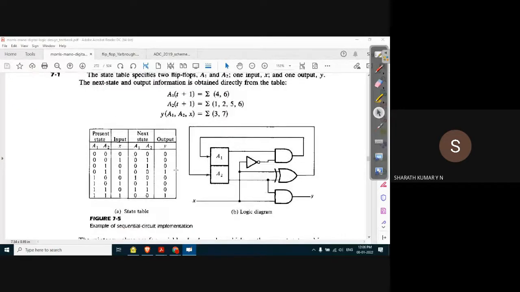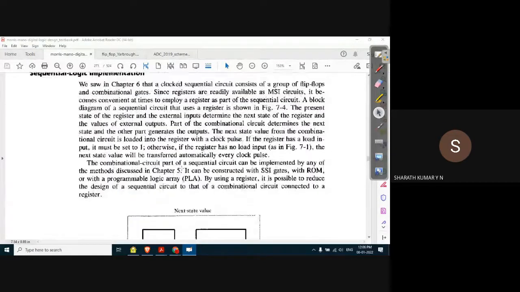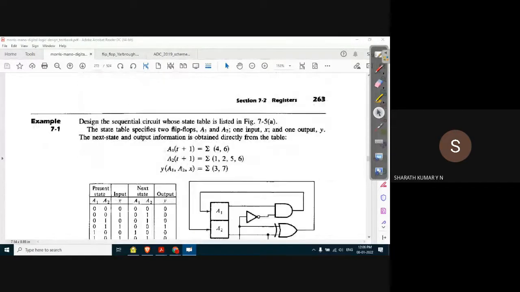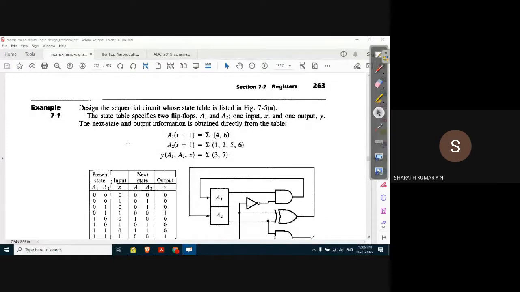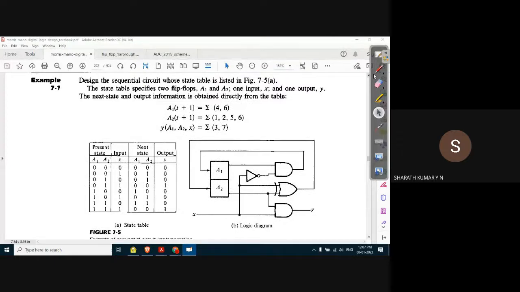Let us understand this: how to design a sequential circuit for a given state diagram or given condition. So let us take this example. Design the sequential circuit whose state table is listed in the figure. So this is what is called a state table, not a truth table. Why? Because state table, because here